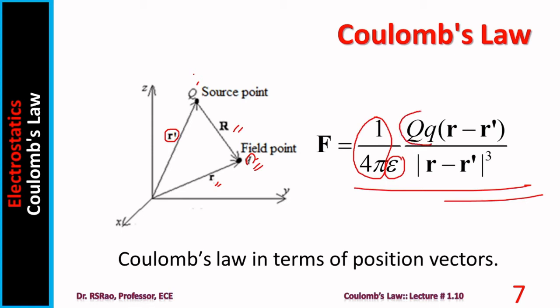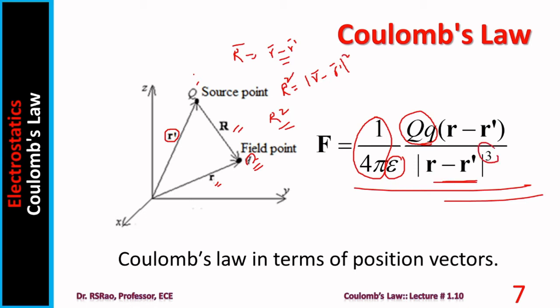It is the product of the charges, capital Q into small q. In the denominator, I have to place the distance square, R square. Now, how to find out R square? Position vectors of source point and field point are given. So, vector R can be written as r minus r prime. This is the vector. Now, distance becomes the magnitude, magnitude of r minus r prime. R square has to be placed, therefore I have to place magnitude of r minus r prime, squared.